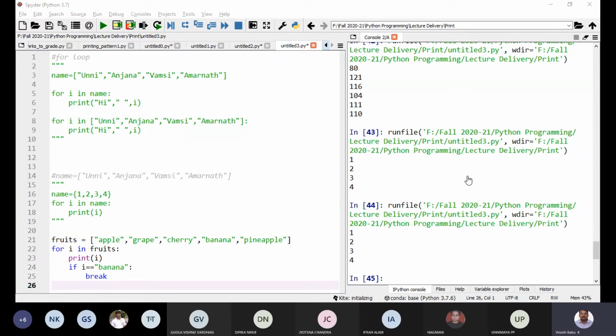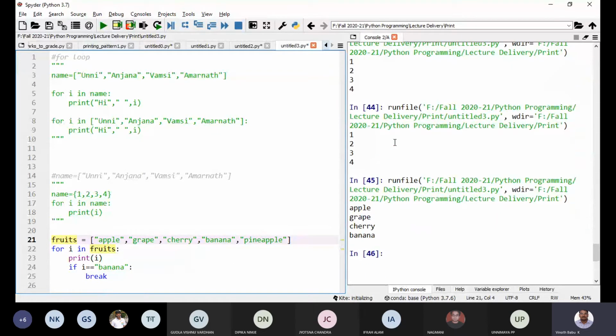Now we'll discuss the break statement and continue statement. Break and continue. I just pasted a sample code here. There is a list named fruits. I'm running the loop. i is the indexing variable, fruits is the name of that list, and I'm printing i. That means it should print apple, grape, cherry, banana, pineapple. If I execute,